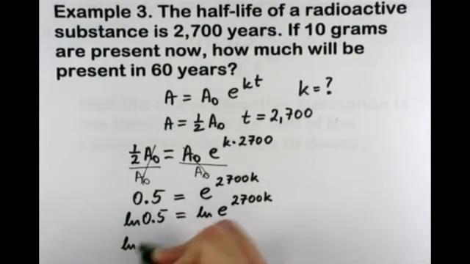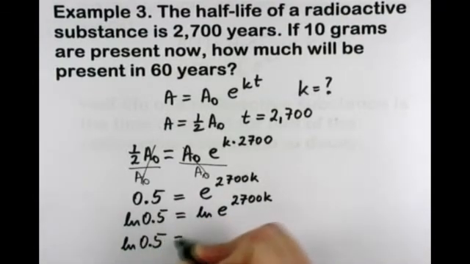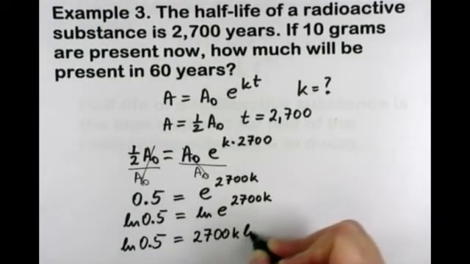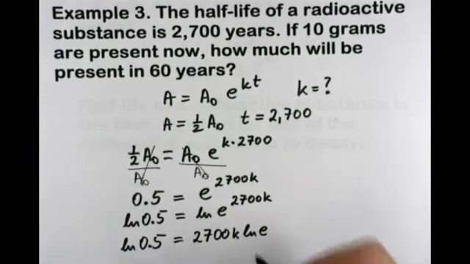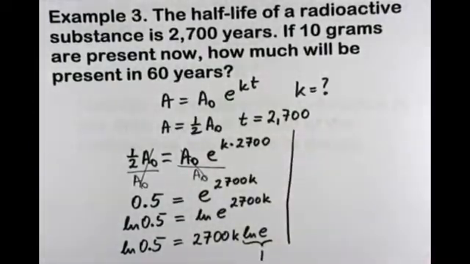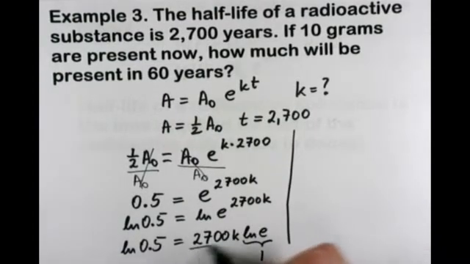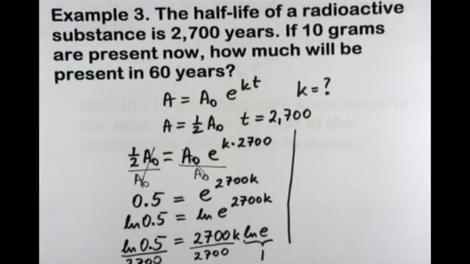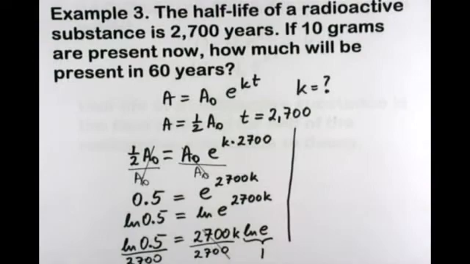So we have ln 0.5 is equal to 2,700K ln e. ln e is 1. And now we can divide both sides by 2,700. So this cancels out, and my K is